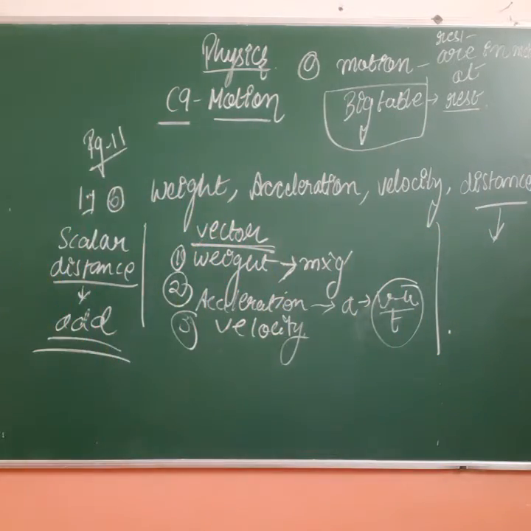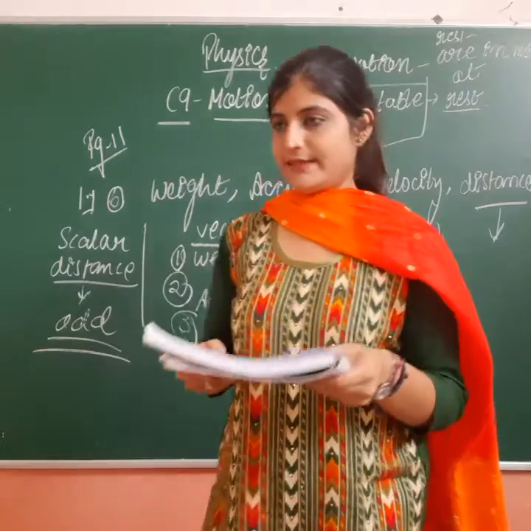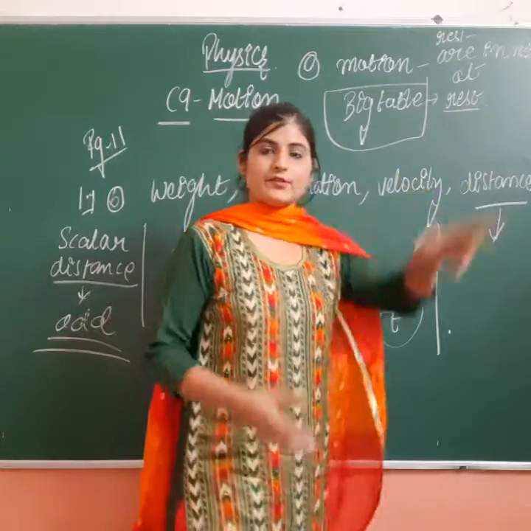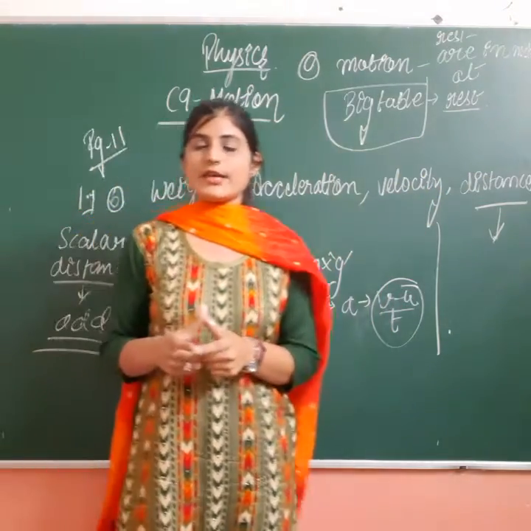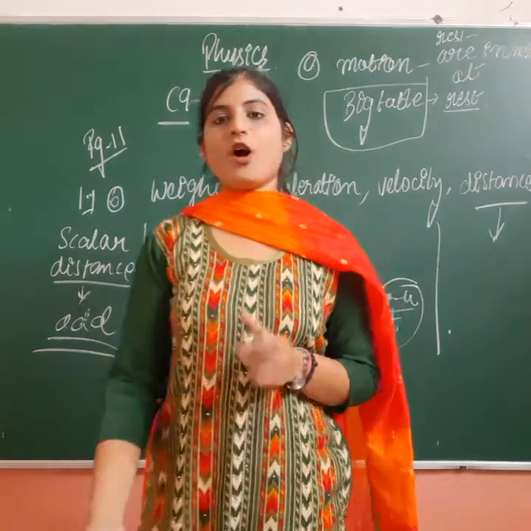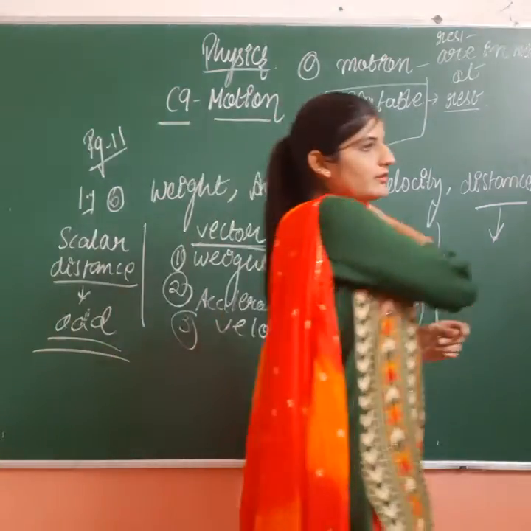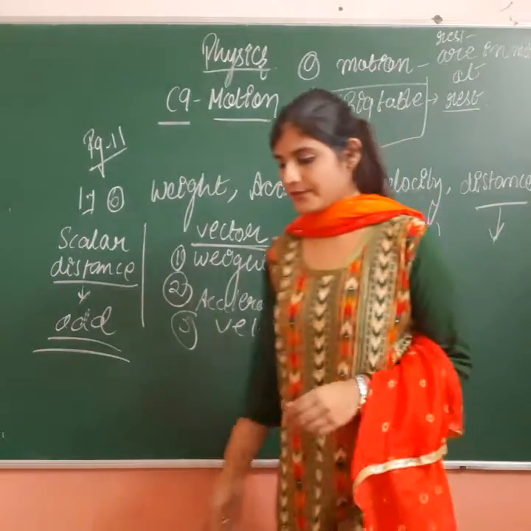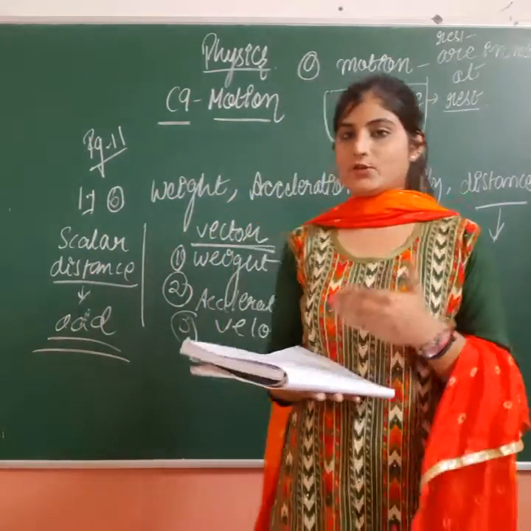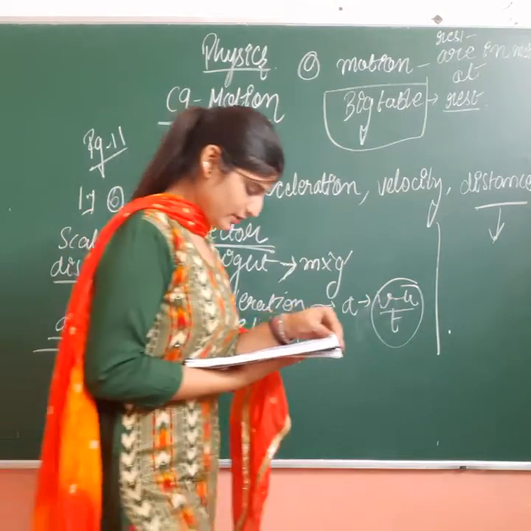A book is lying on a table. Examine and define its state. Of course, it is showing the position या फिर state of rest. Why? Because an object is not changing its position in a certain time interval. So we can say that object is at rest position. Okay. So just write down the answer that the object is not changing its position with respect to time. So we can say that it is at rest. Okay.